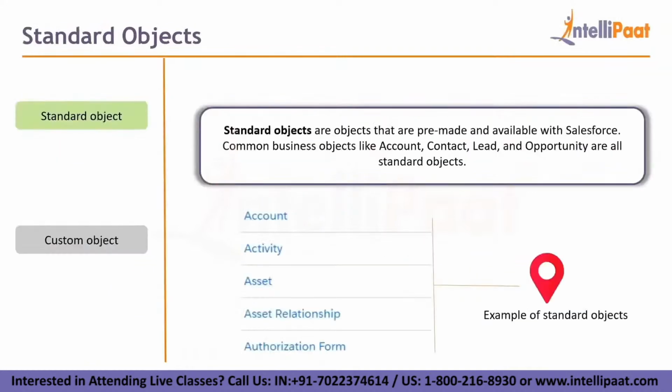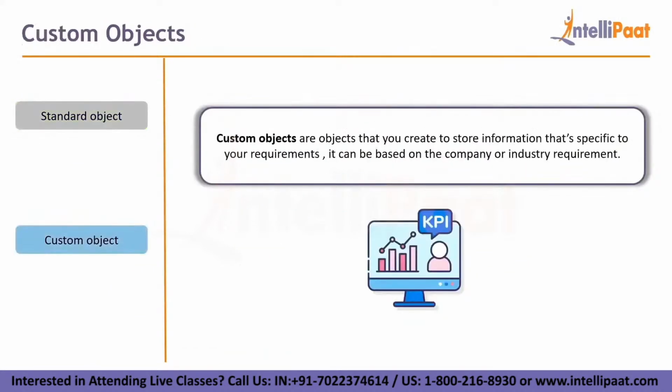The other kind of objects are custom objects. These are the objects that you build by yourself. You can build your own custom objects. As you can see, if I wanted to create an object called trucks, I can create an object called trucks, and I can have information with respect to trucks in there. So it basically depends on you. What Salesforce is doing in this scenario is giving you one set of abilities which is predefined, which can be applied to various different kinds of companies. But let's say I'm a logistics company and I want to use Salesforce, and there are some things which are not defined in Salesforce because they cannot think of everything, right?